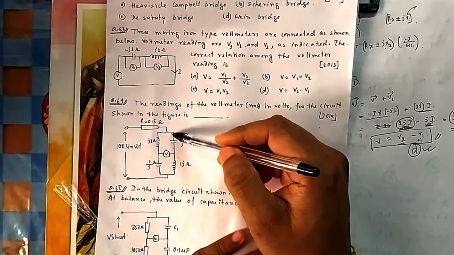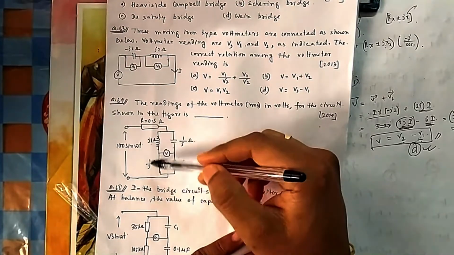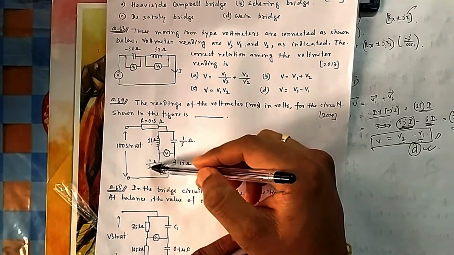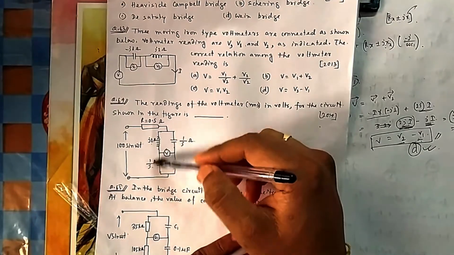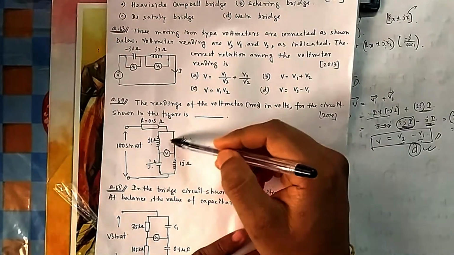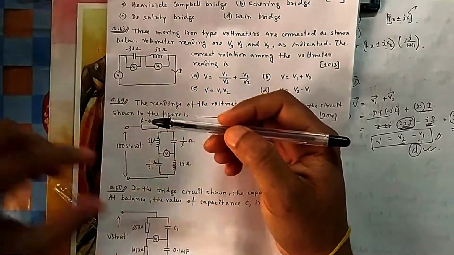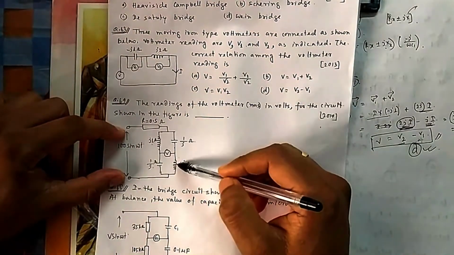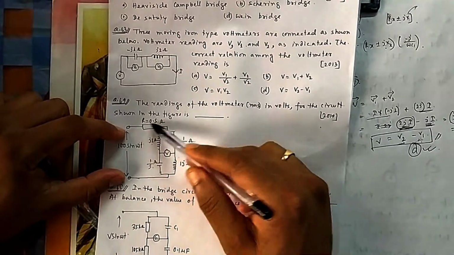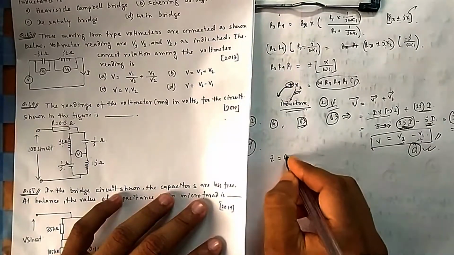Otherwise this will also be 0, this will also be 0, because you can see this is J1, this is minus J1. If you take this J upside, then it will be minus. So if you add, because it is series, it will be 0. So this side is short circuited, this side is short circuited. So eventually, if you calculate total impedance seen from this side, this is 0, this is 0. So these are short circuited, and you will have only R5. So total impedance Z seen from the source is 0.5.